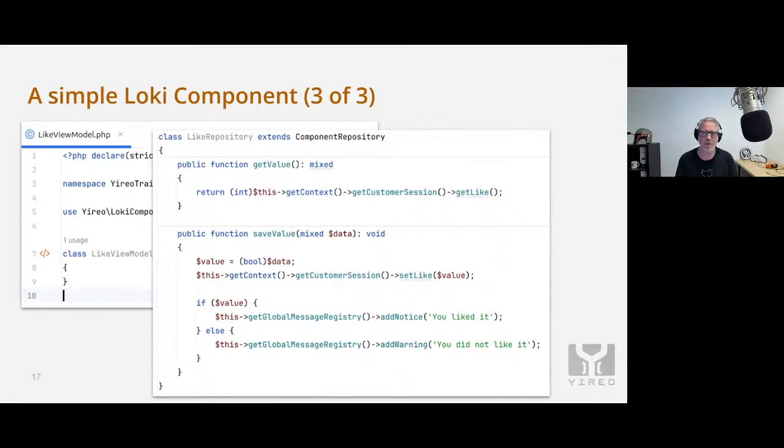It's extending upon this bare bones component repository class. And as you can see, there's two mandatory methods: get value, save value. And save value is just being used here to retrieve a value from the customer session, and then also doing some notifications. On the left-hand side, you can still see a little bit of the screenshot of the view model. And as you can see, it's empty,